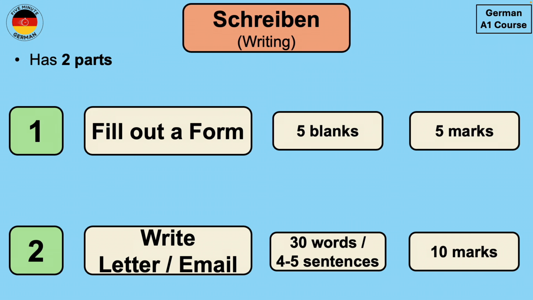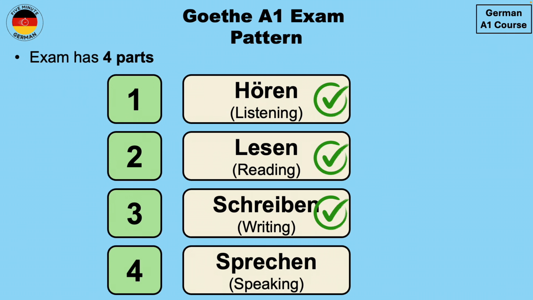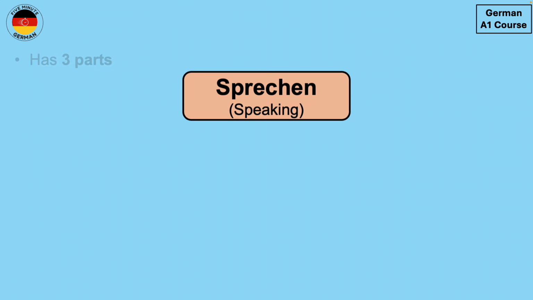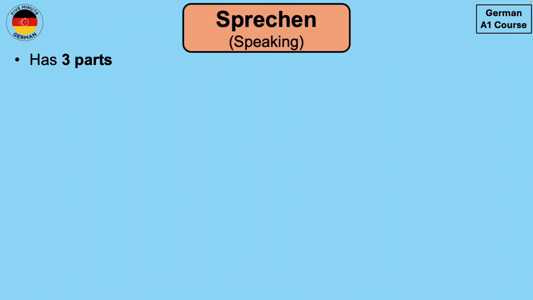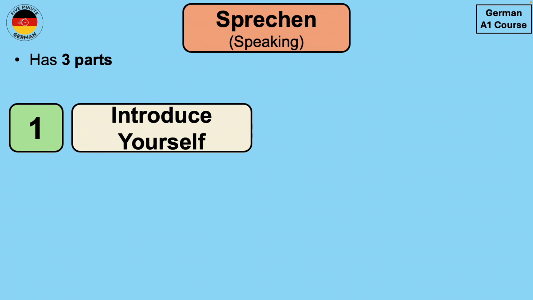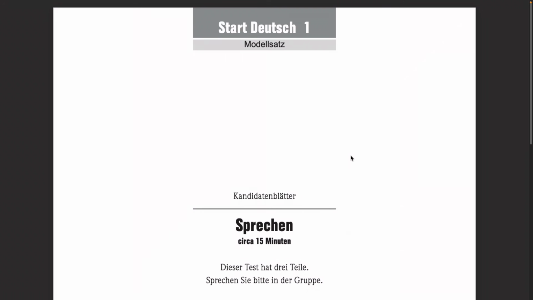So this was the Schreiben part or the writing part. Then the last part is the Sprechen or speaking part. And this also has 3 subparts. So in the first part, you have to introduce yourself, and there are some different things that you have to say in this introduction. So if we take a look at the Sprechen part from the exam,